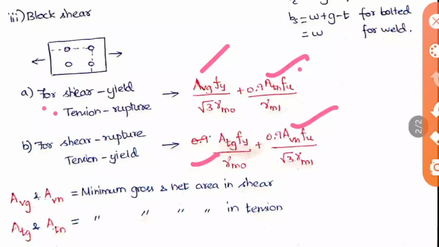So now we have got three different strengths: yield strength, rupture strength and block shear strength. If a question is given to you, you should calculate all these three strengths, and whichever is the minimum value will be the design strength of that member. Okay, that's all. This is actually a lengthy problem. They have not asked it in the objective questions. Maybe they will ask a part of this, like calculating the net sectional area of the critical section. So better you go through the formulas once more, so that it will be easy for you.